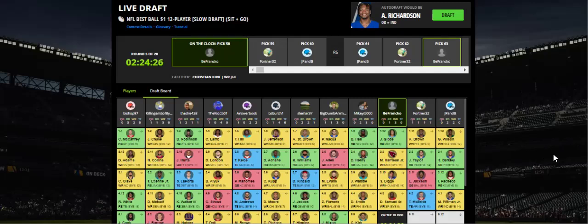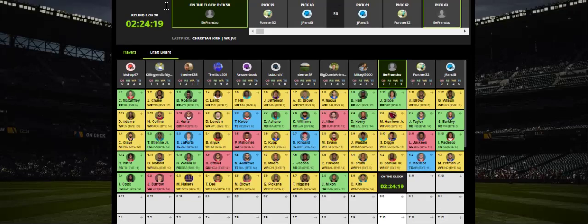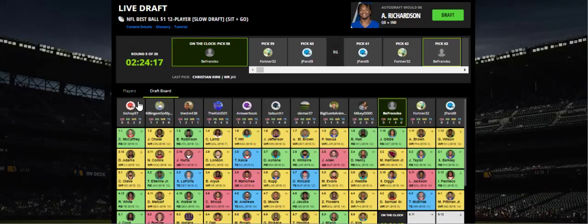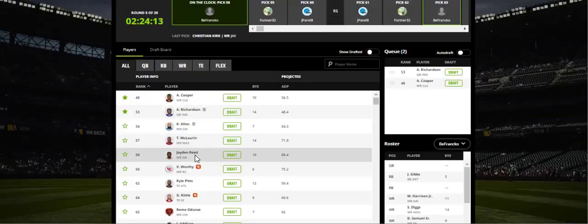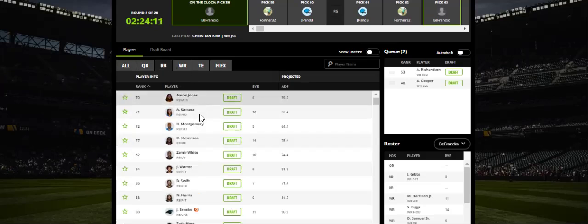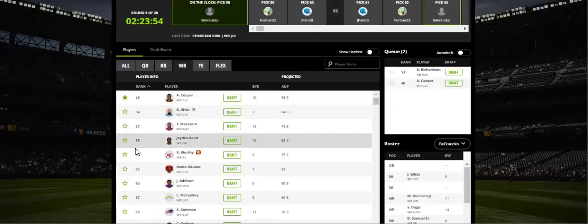As we go through the draft, we'll take a look, see how we go. But we know this pick here is going to be either a wide receiver or a running back. And it's going to be, again, let's look at the players really quick, between Cooper, Allen, McLaurin, Reed, and then Jones, Kamara. Probably not Montgomery. Maybe Montgomery. I like Montgomery, but I feel like it's too early for Montgomery. Jones, Kamara, maybe as my second running back, or my flex here at the wide receiver position for these guys.